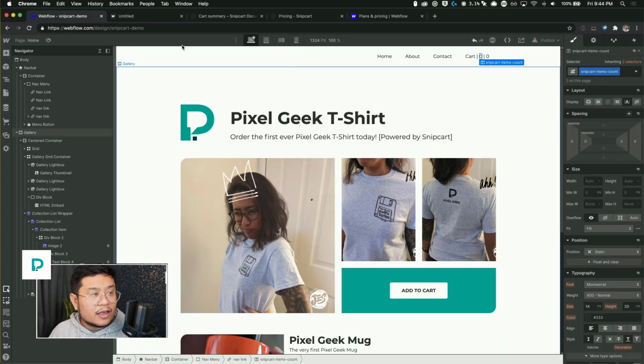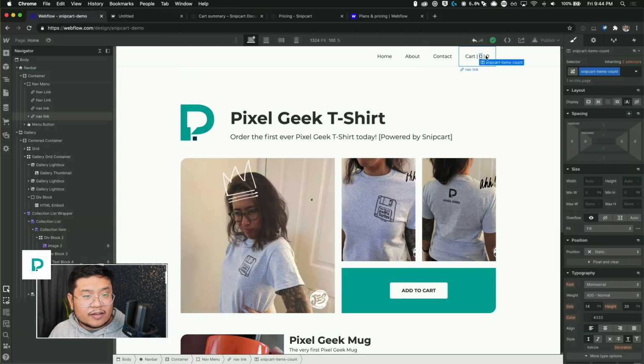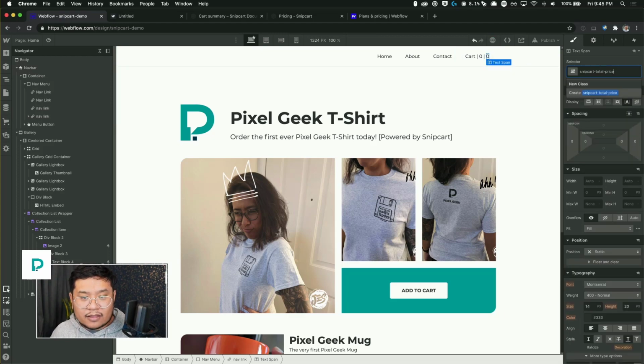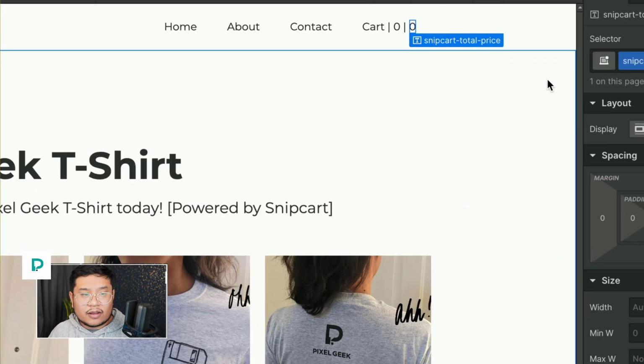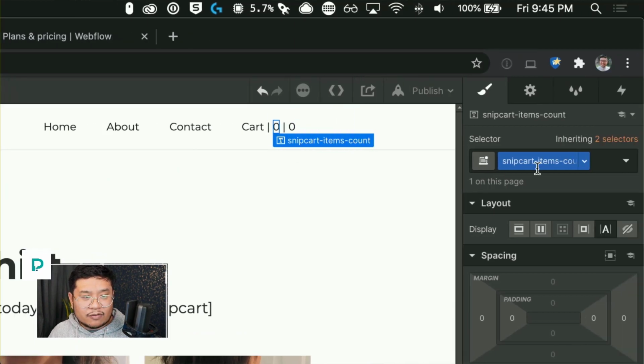Okay, and then for the total price, I'm going to copy that class name and wrap this in a span and give that the class name. All right, so we have total price for that number and items count for that number.